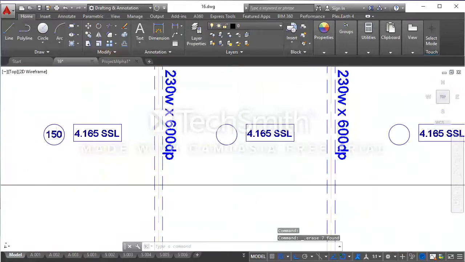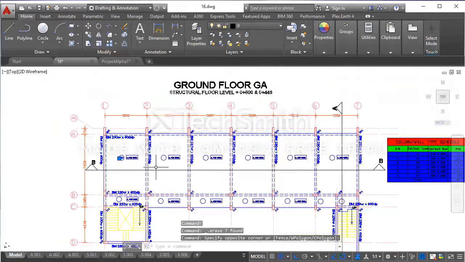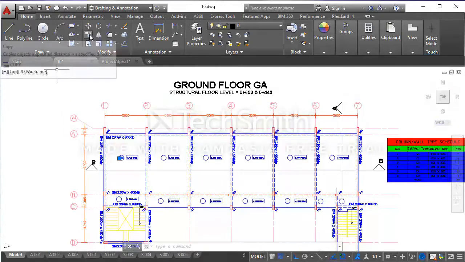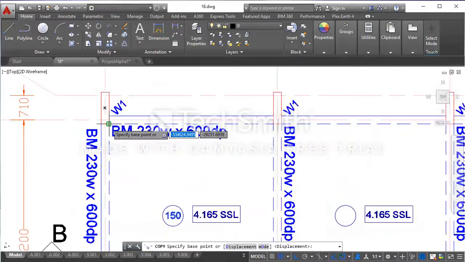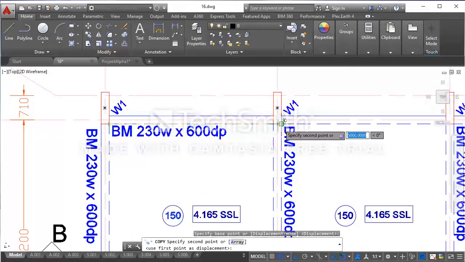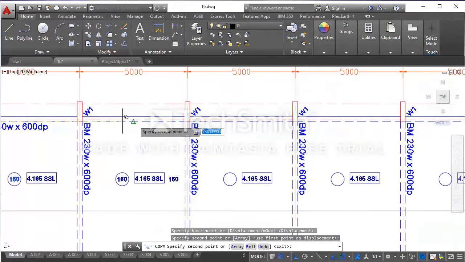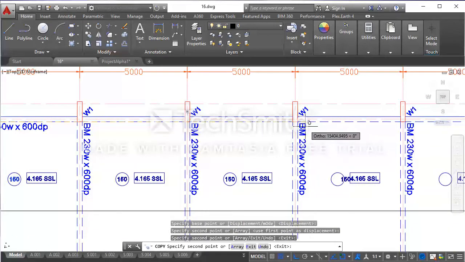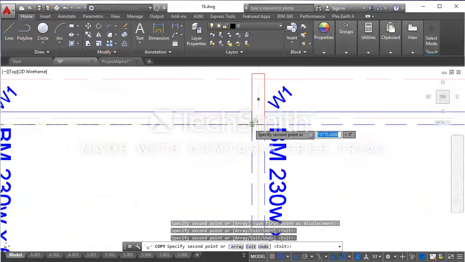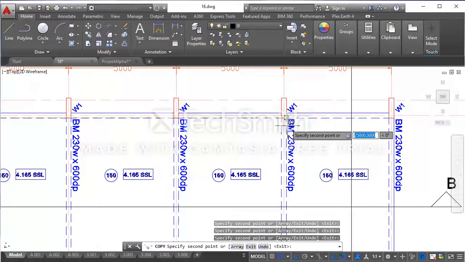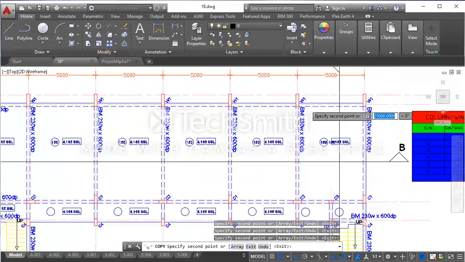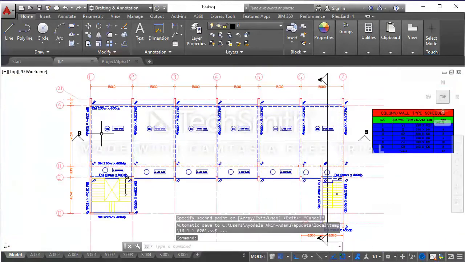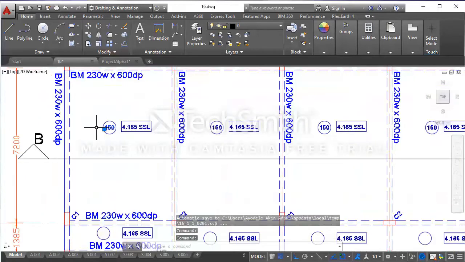Then I will select this text to duplicate it at the other slab regions. I will click on copy using this base point at this corner of the structural wall. I will paste it here. I will duplicate it here, here, here, and here. I will copy.